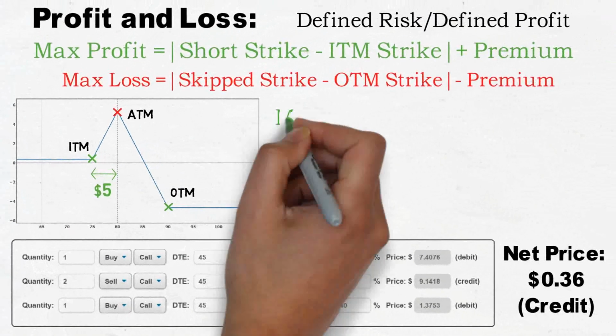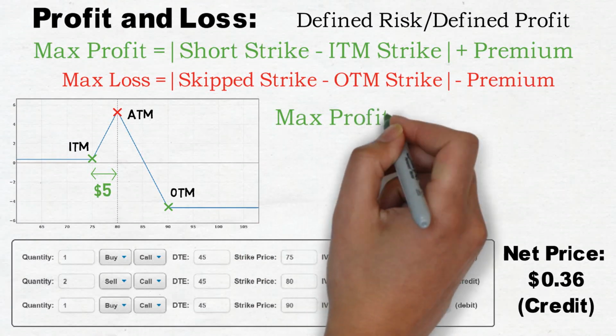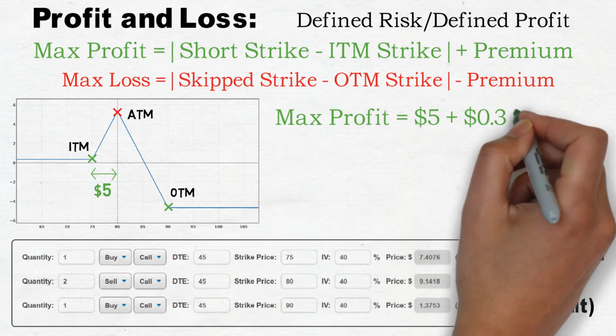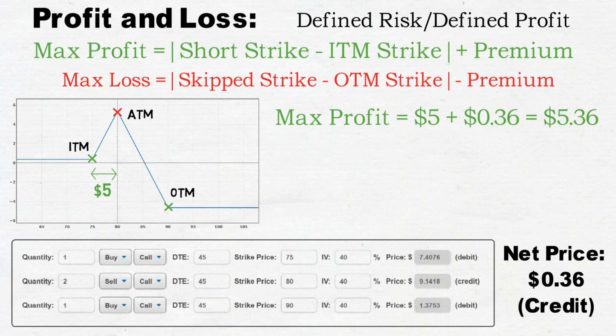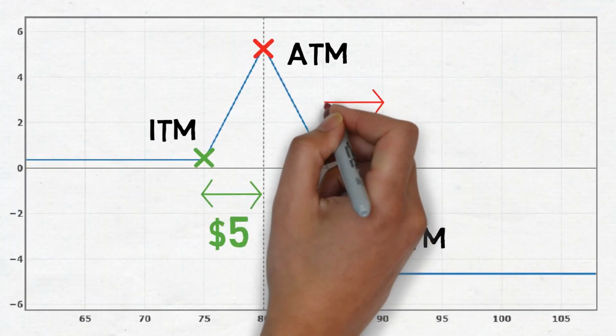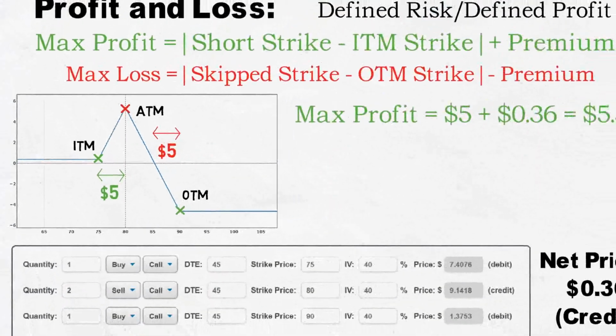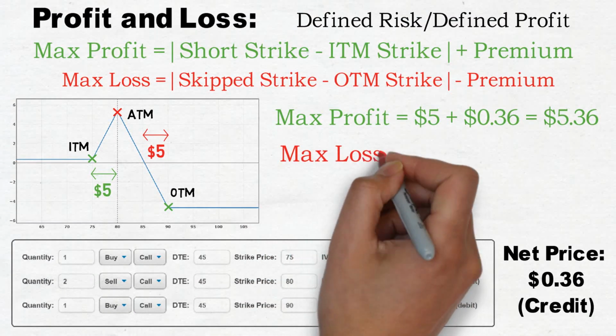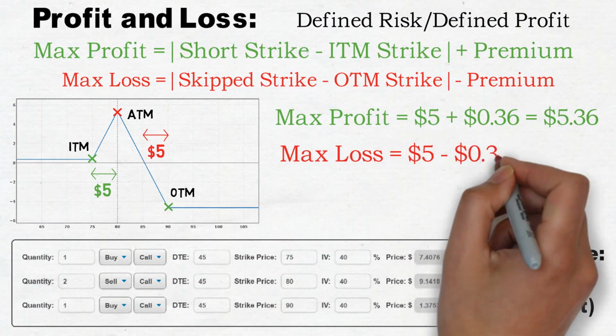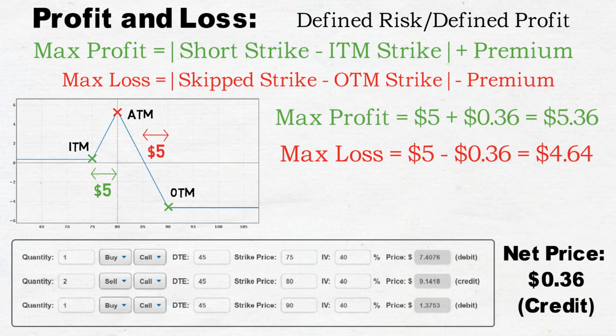If we now add the net credit of 0.36, we will have our max profit. The distance between the out of the money and the skipped strike is also $5. So all that's left to find the max loss is subtracting $0.36 from these $5. As visible from the payoff chart, this broken wing butterfly achieves a profit at expiration